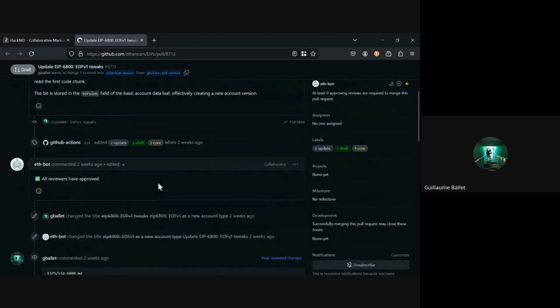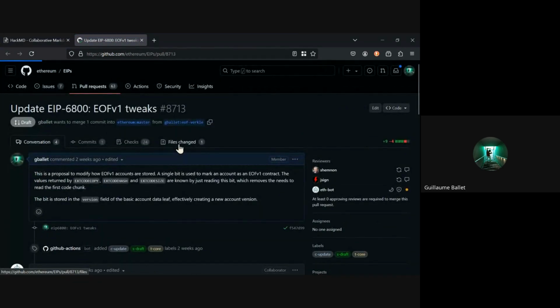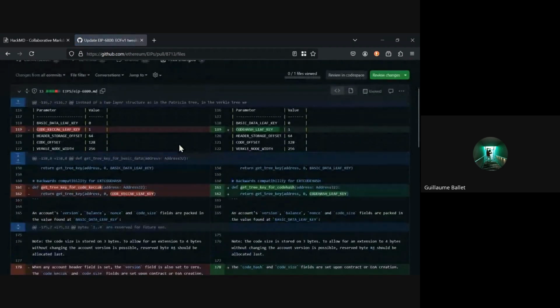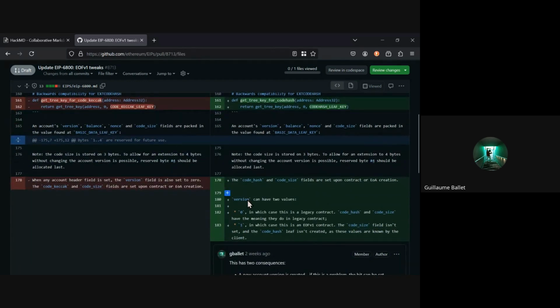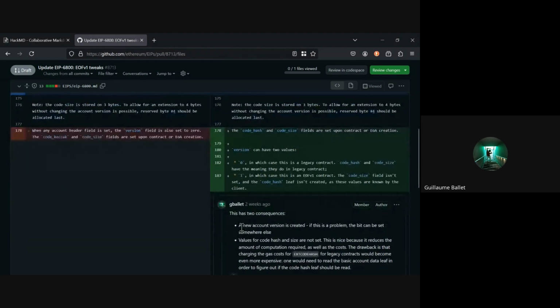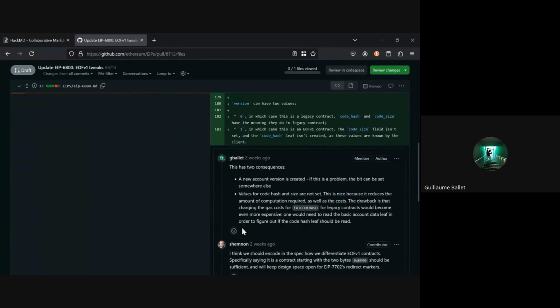But the idea here is to change the format a bit in the case of EOF to get a version marker or any byte that would tell you that you are looking at an EOF contract, so that you don't need to go and read the EOF header, because otherwise that's a bit more expensive for EOF contracts.